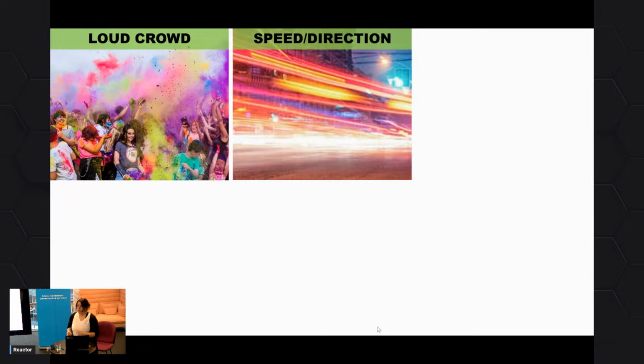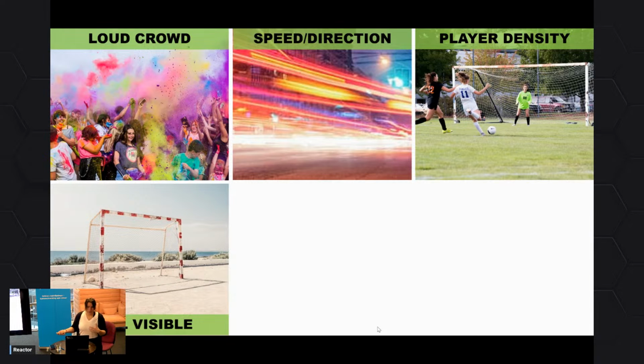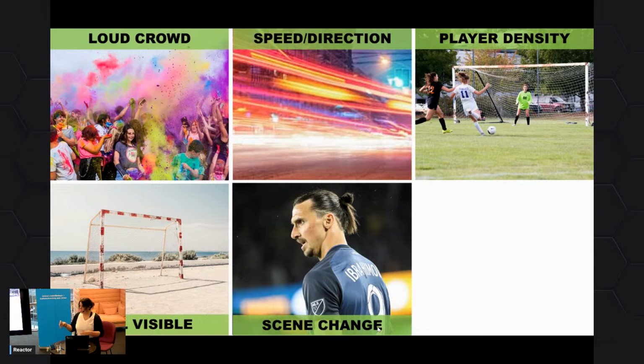We also noticed that there was a certain speed to the players, or speed of the movement on the field, and they were all, of course, moving towards the goal. We had a theory that if people were more huddled together, that was more representative in the samples that were shots on goal. So you had the player, and then a lot of defenders around him or her, these kind of things. The goal was visible. Usually right after a shot on goal, there would be a scene change to the main player, the player that did the shot on goal.